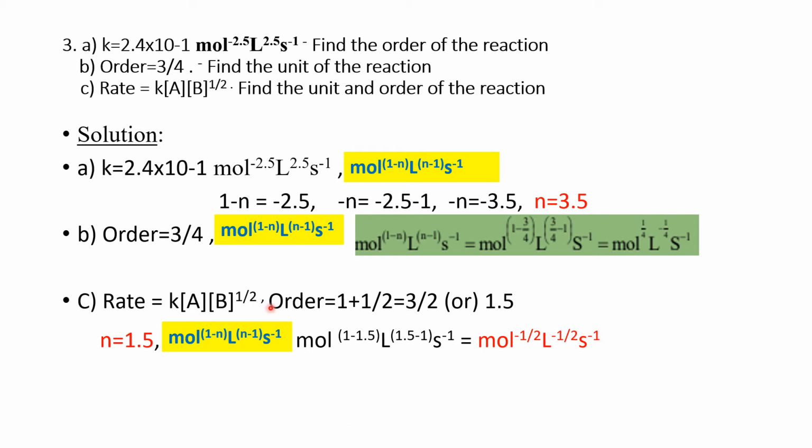This is the answer. So whenever you don't know, it is very difficult, or if you are confused, you can make use of this general formula. Even this formula is sufficient to write a unit for first order, second order, third order, zero order, whatever may be the order. It's easy for you. So keep the general formula in mind. Then it's easy for you to write the unit for all.